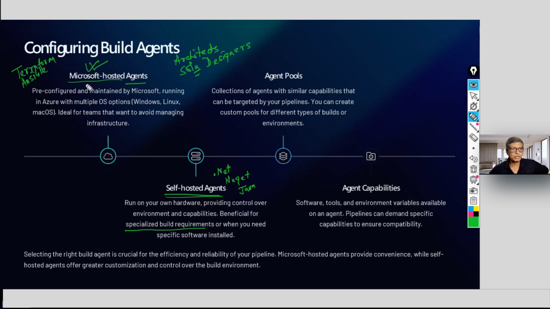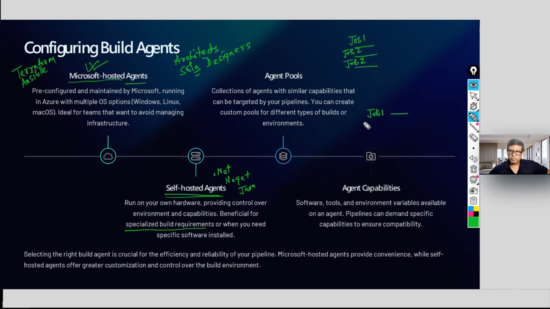What is the difference between Microsoft hosted agents and the self-hosted? These agent pools we will create if you want to do something in parallel processing. You want job 1, job 2, job 3 to run in parallel, not in sequence. In sequence means job 1 will run first. There is a dependency.